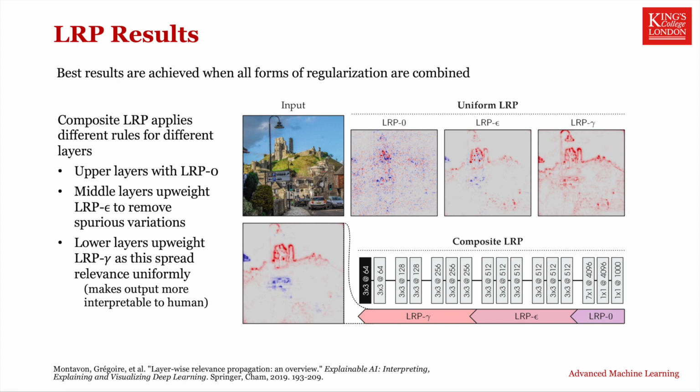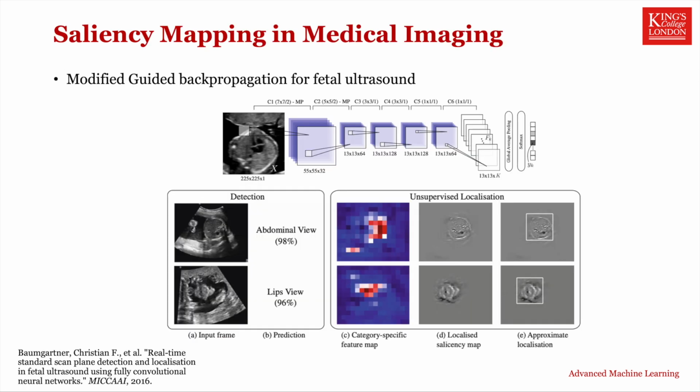So for these reasons, the author suggests that a composite approach might be preferable, which combines predictions from all three types of LRP, where in this paper they specifically suggest that you run different types of LRP for different layers of the network. And to finish, here are a couple of examples of the use of saliency mapping techniques for